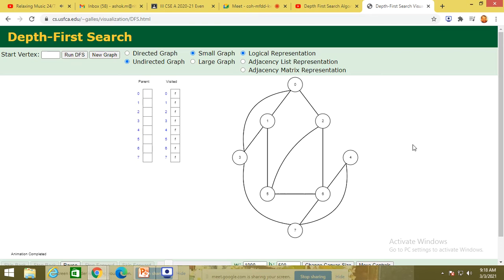Depth first search means first it will complete its individual depth. Then it will go for the levels of depth.